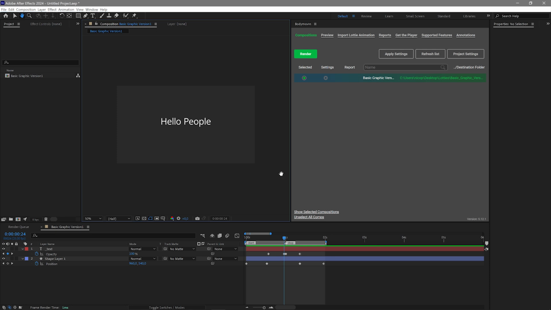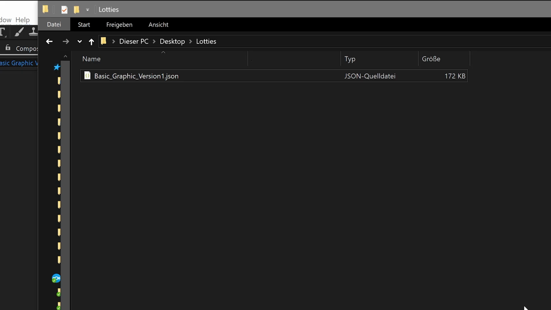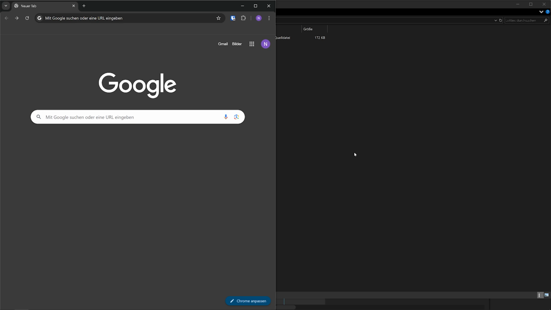So a quick recap, we used After Effects to create this very simple animation. Then we used Bodymovin to export this animation as a Lottie file, and we got this .json Lottie file. Now we're gonna go into our web browser, I'm using Google Chrome, and go to